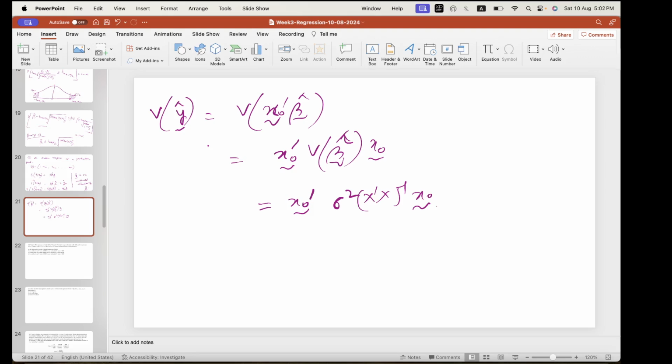Now we have this and we also have this. Then y hat is actually a linear combination of normally distributed variables, so it would also follow a normal distribution. So we would have something like this, that y naught hat